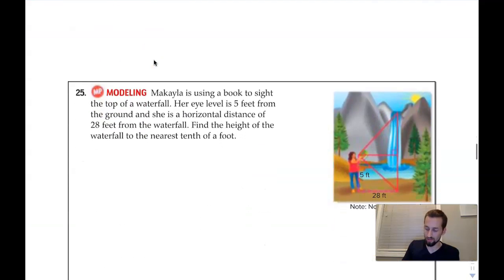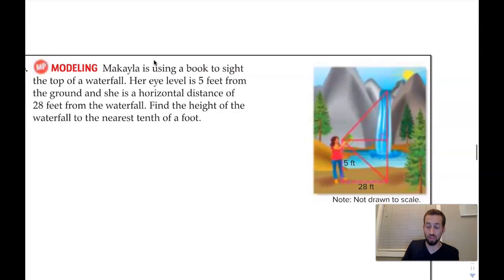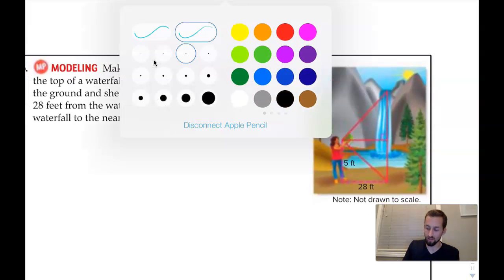Jumping all the way down to this one. This one's modeling. It's really just making sure you're setting it up right. So I just want to make sure we're reading these carefully. So as I look at this problem,